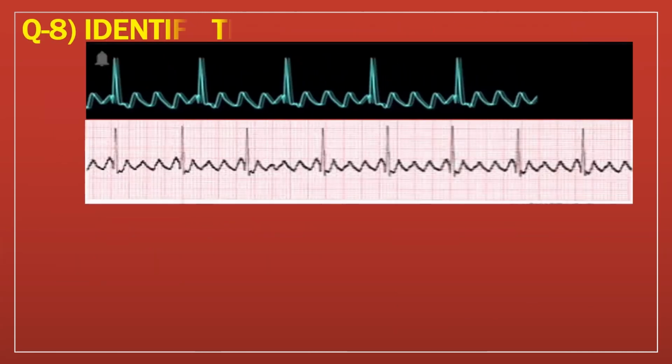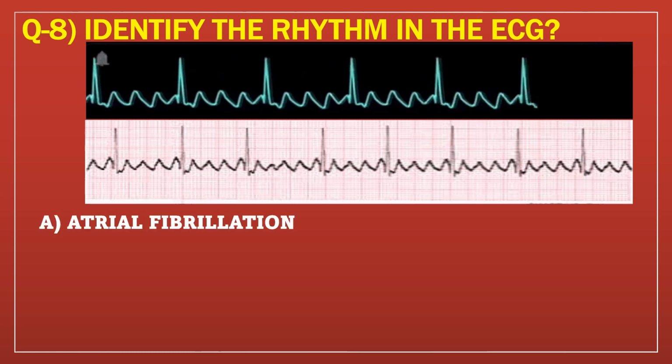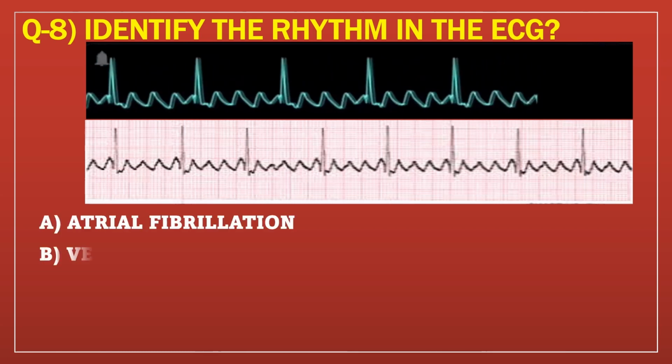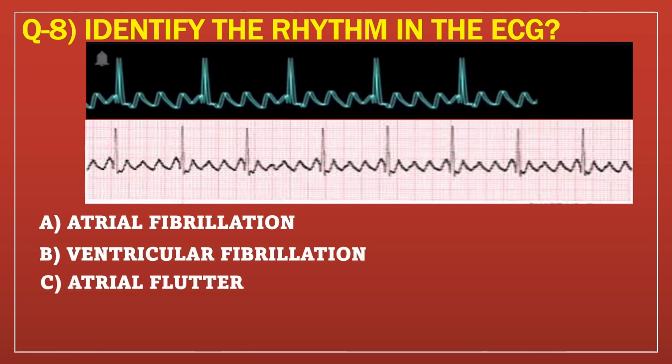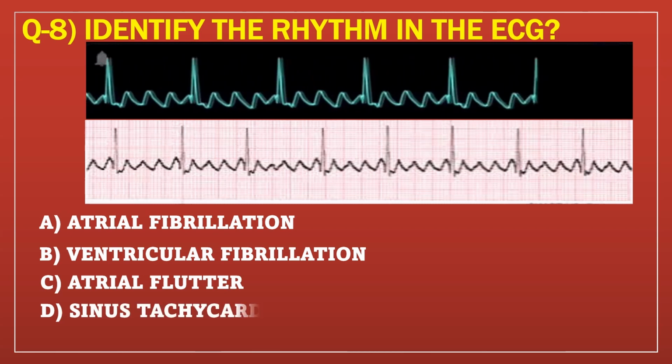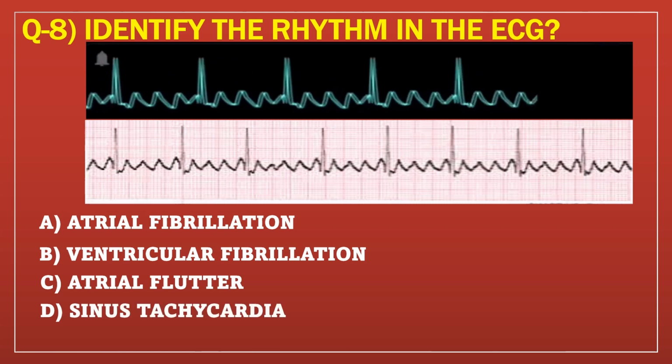Question number 8. Identify the rhythm in the ECG. Option A. Atrial fibrillation. Option B. Ventricular fibrillation. Option C. Atrial flutter. And option D. Sinus tachycardia. And the correct answer is